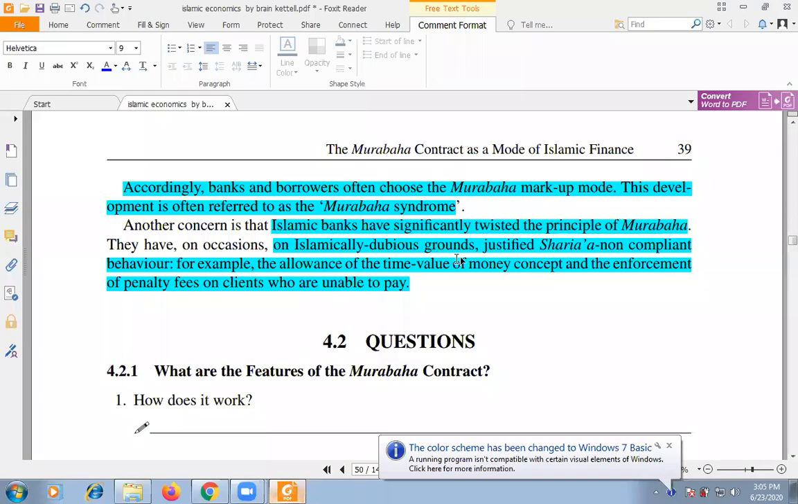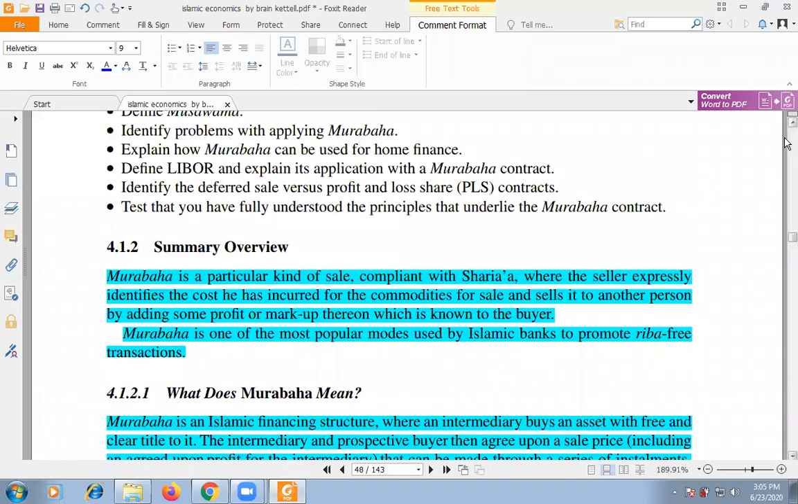Our next lecture is about mode of financing. So the mode of financing here, the first mode of financing we will discuss is